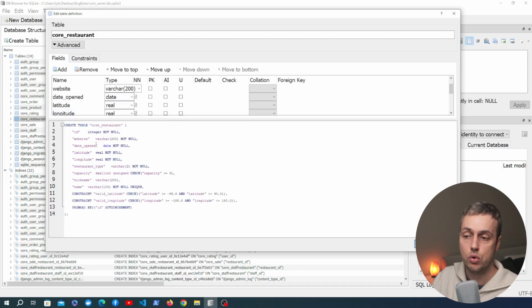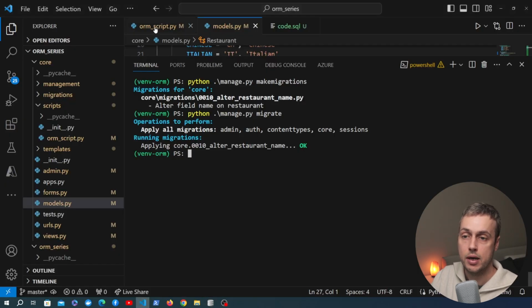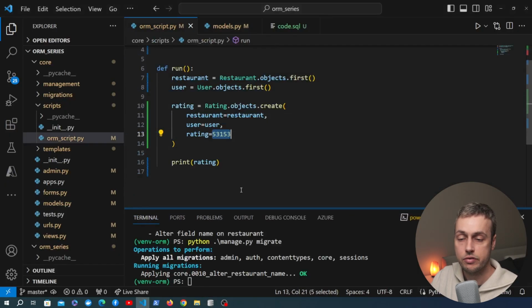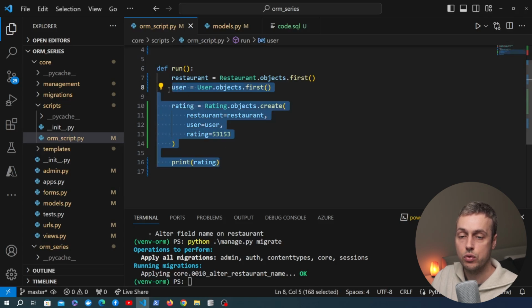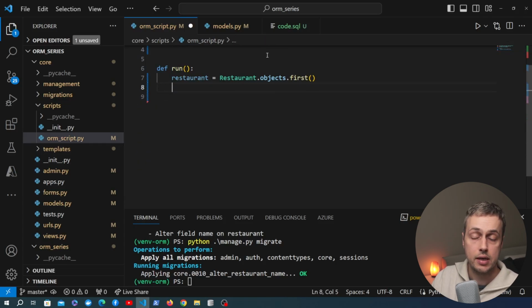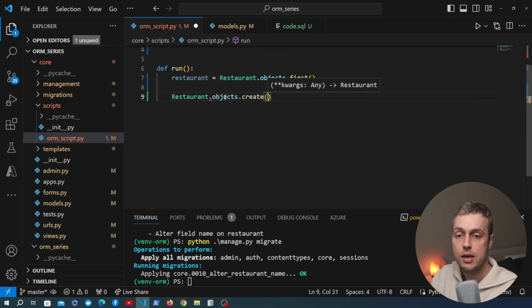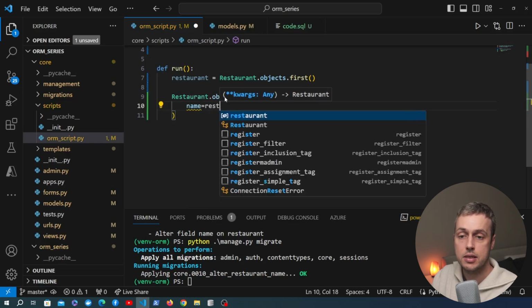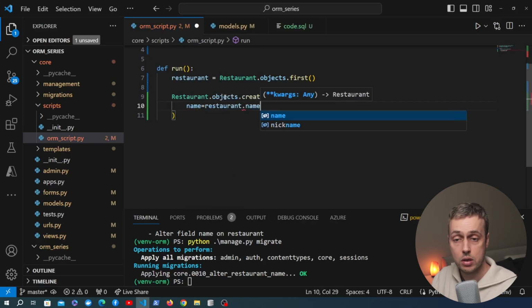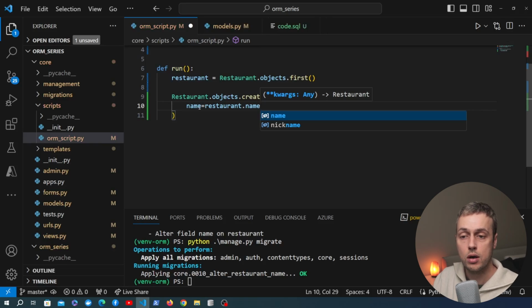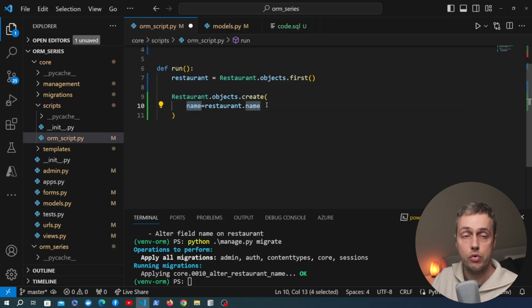And you can see that in the code for the create table statement. We have the restaurant name, which is of type varchar, and it has the unique constraint. So let's demonstrate how this works by going back to the cjscript.py file. I'm going to clear the code that we had before, and I'm going to pull a restaurant that already exists out into this variable called restaurant. And then we're going to run Restaurant.objects.create. What we're going to pass as the name is the same name as the restaurant that we've already pulled from the database. And that should not work because we now have a unique constraint on our restaurant model